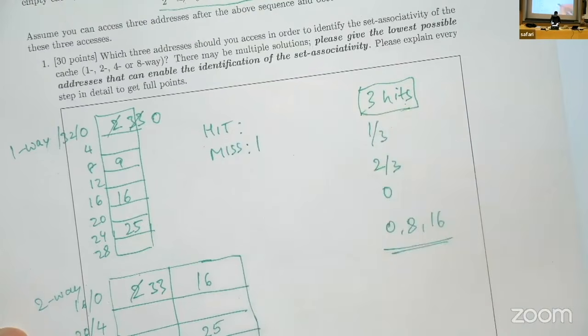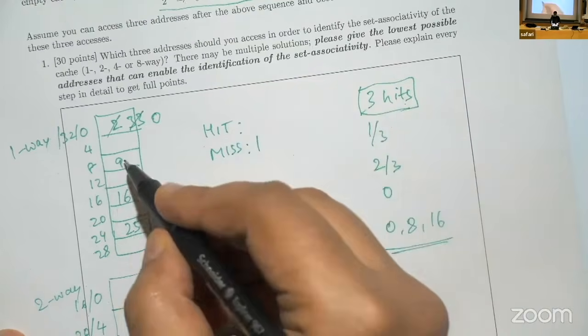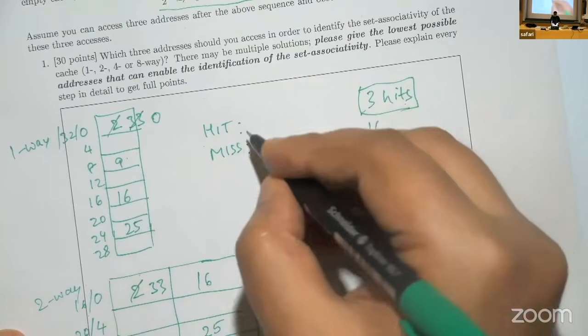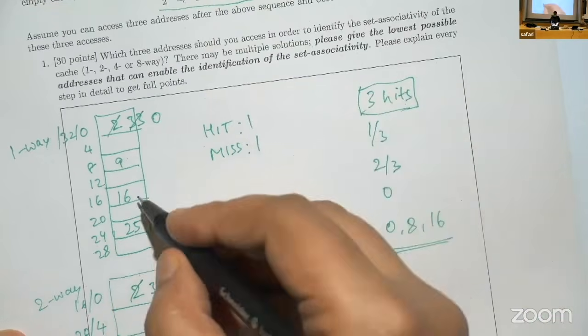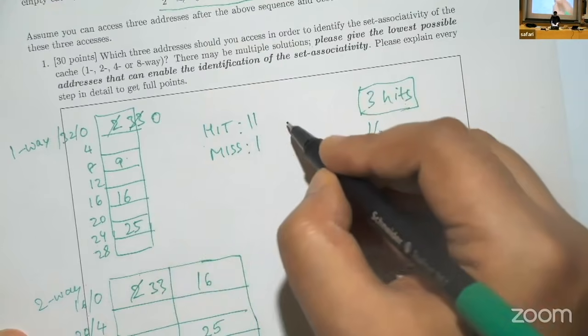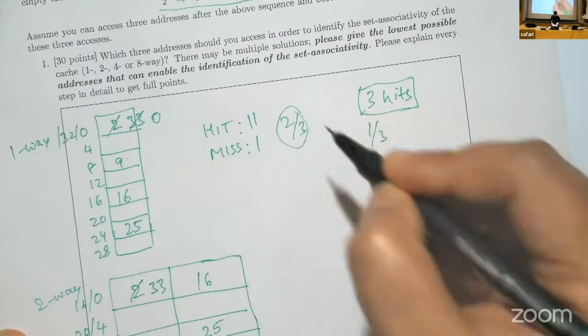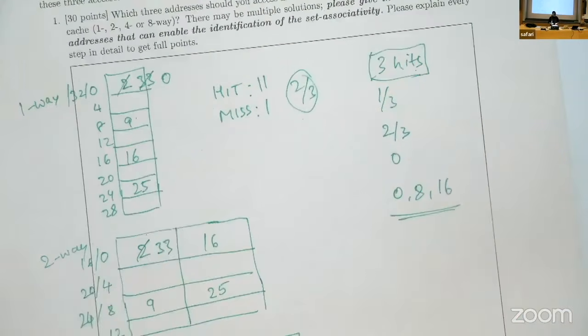So you'll have 1 miss. Then 8 is already there, so you will have a hit, and 16 is already there, so we'll have another hit. So you will have 2 by 3. And in case of 2-way,